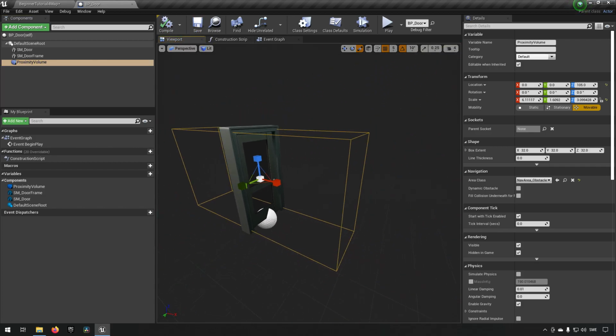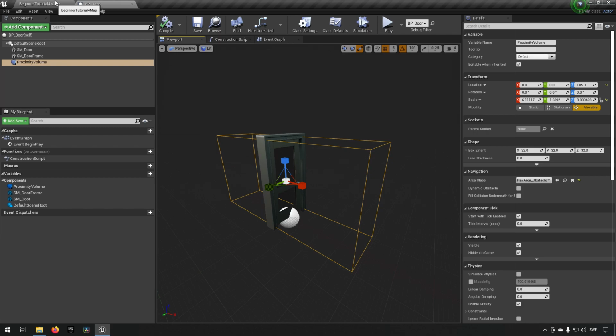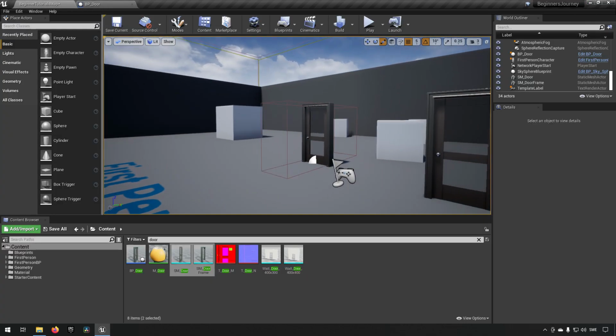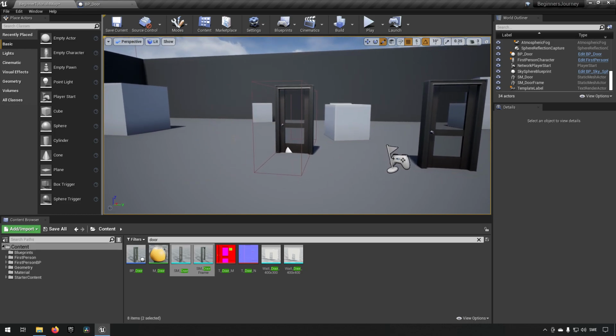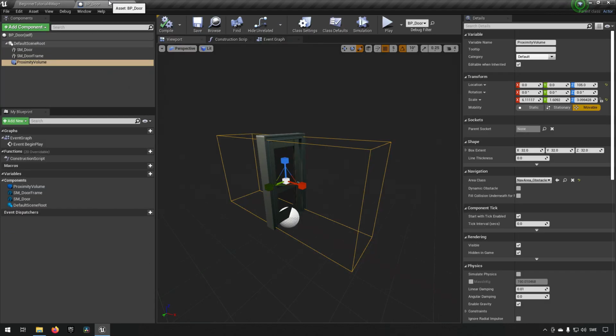Anyway, that looks good to me. We go back into the world, and this is what it will be looking like now. That looks good, I think. So how do we test this then? Well, we go back to the class,